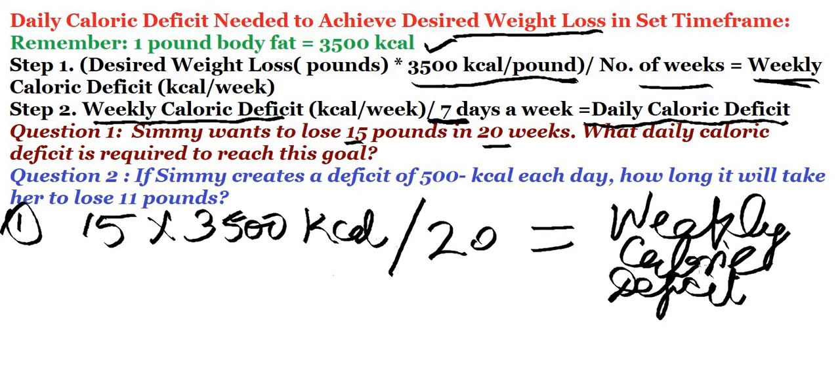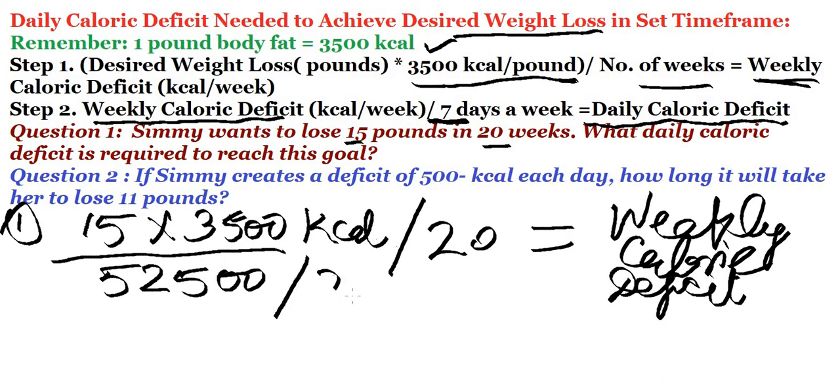So let us multiply 15 with 3500. Let me use my calculator. You will get the calculator on your exam also. It will be there on your PC only. So this comes to 50,500, divided by 20. It will be 2625 kilocalories,